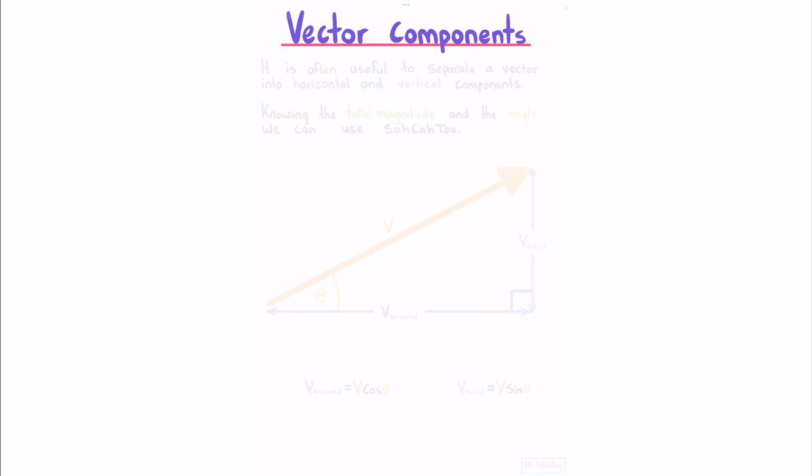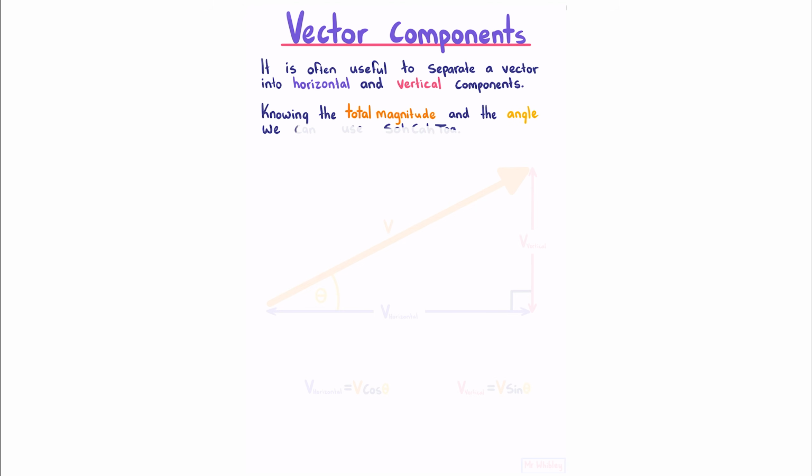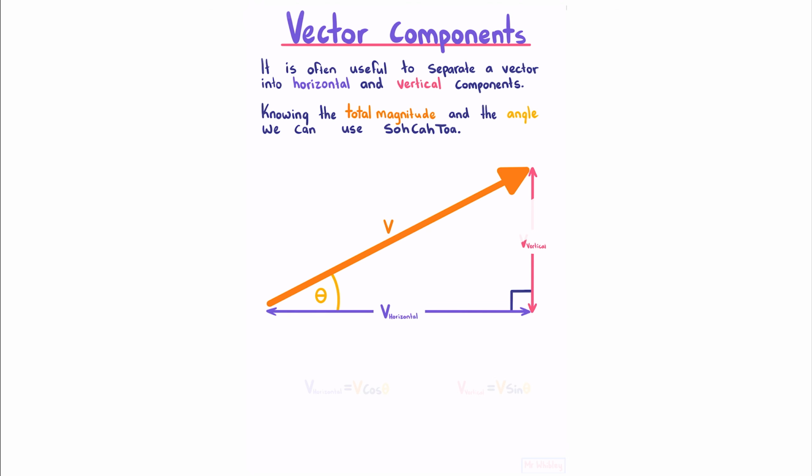Vector components. It is often useful to separate a vector into horizontal and vertical components. Knowing the total magnitude and the angle, we can use SOHCAHTOA. So if we have our vector here, pointing at a known angle, we can separate it into our horizontal and vertical components. If we note that this is our hypotenuse, this is our adjacent, and this is our opposite,